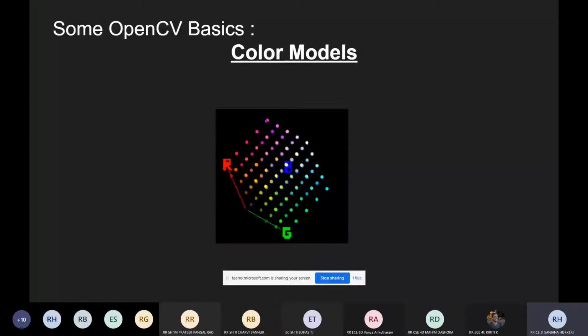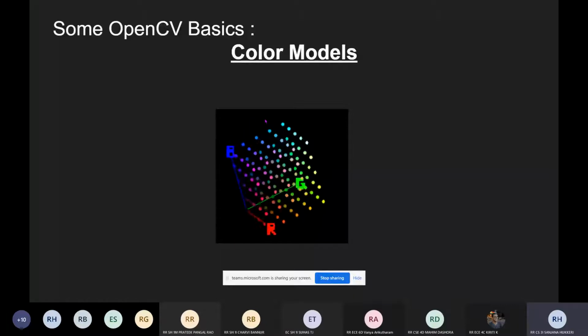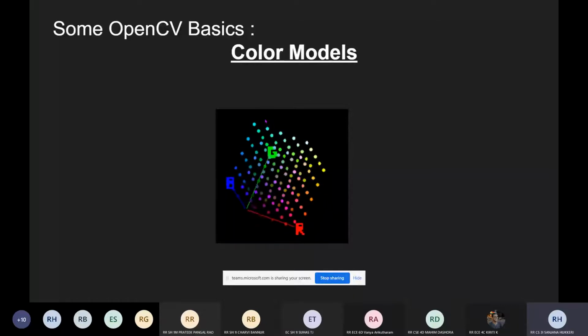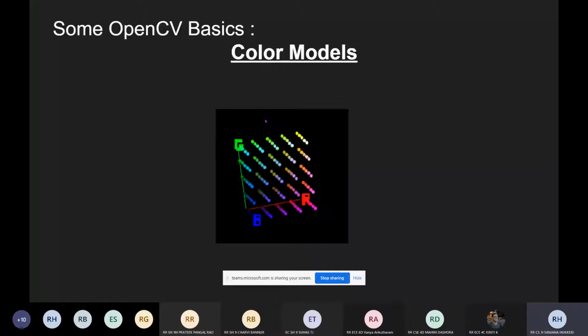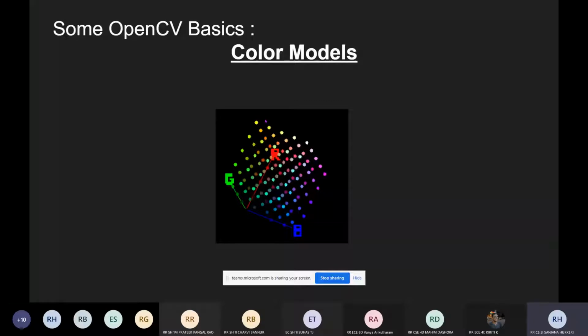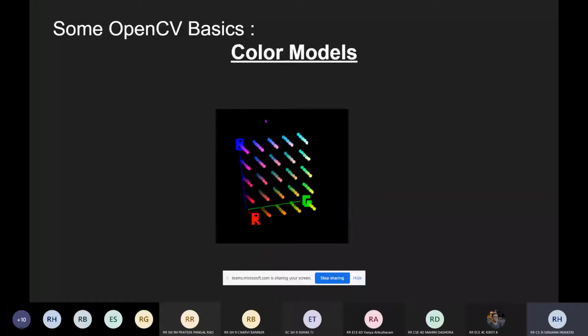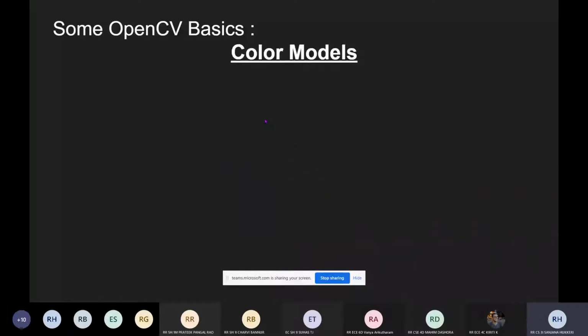But there are some limitations of this model. What values would you use for dark purple or some complex color that you want to use? We can't find the answer because humans don't think about colors as mixes of red, green, and blue lights. And thus, they came up with another color model called the HSV color model.